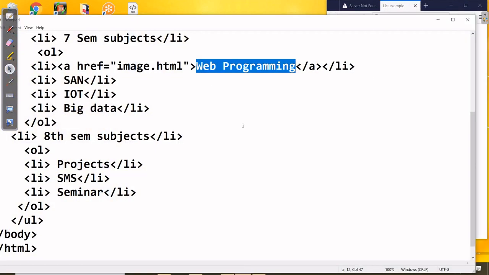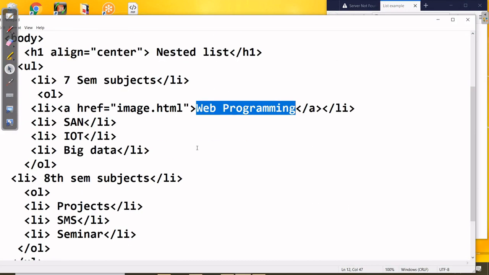Right. So with the help of the nested list, not only one by one, you can add multiple items under an ordered list, and one more ordered list can be added inside it, like creating a menu and submenu. Clear? This is very important for the video examination: UL and OL. UL means unordered list and OL means ordered list, another thing is the list item, and the nested list is another way. So this concept is clear.